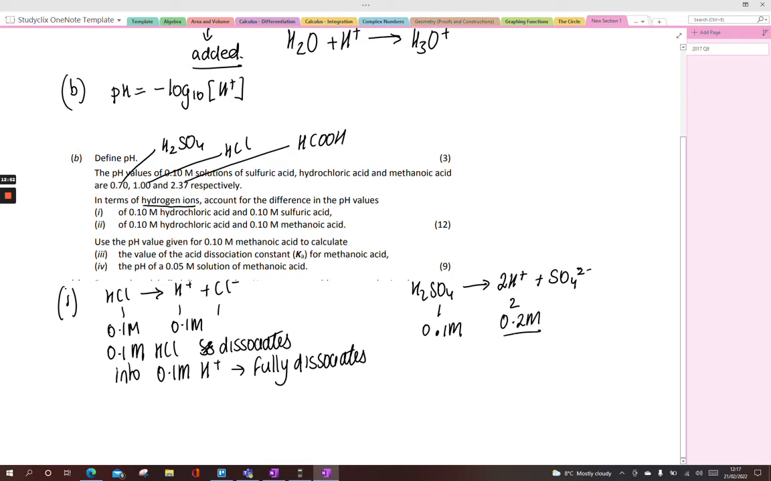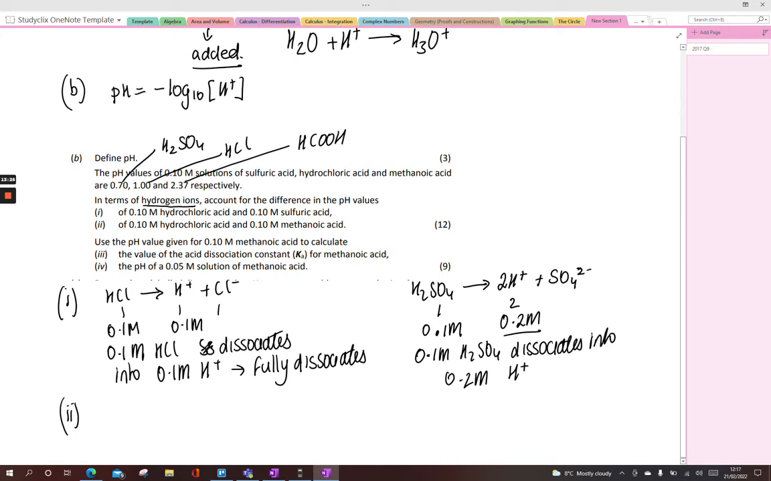Now you could use your antilog there and you'll get a value of around 0.2 as well. When you do your antilog of 0.7, you'll get a similar answer here. So 0.1 molar sulfuric acid dissociates into 0.2 molar hydrogen ions. Now the next bit of this is comparing your hydrochloric acid, which we've done, with methanoic